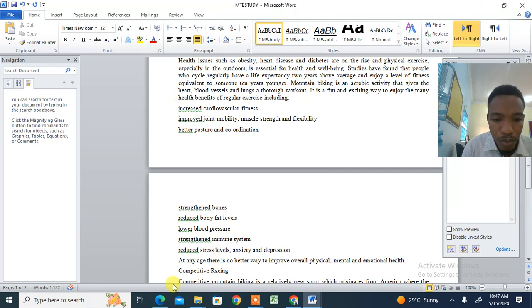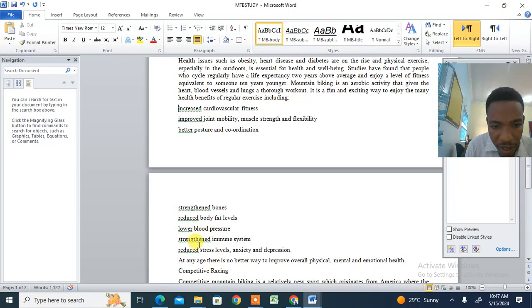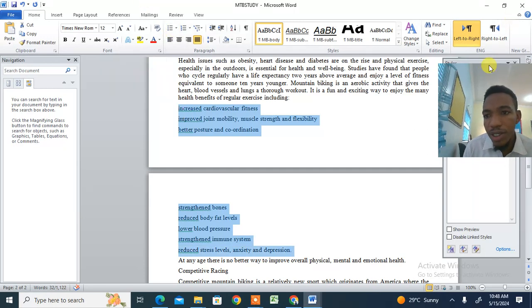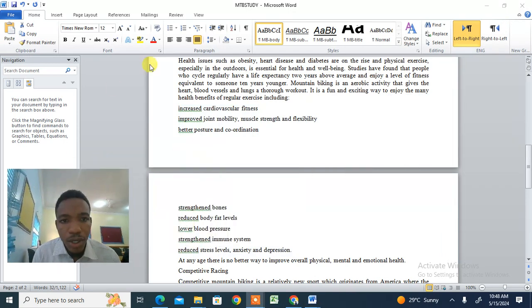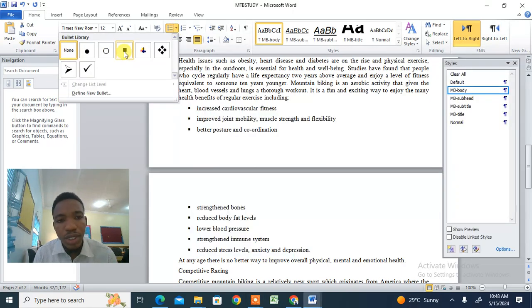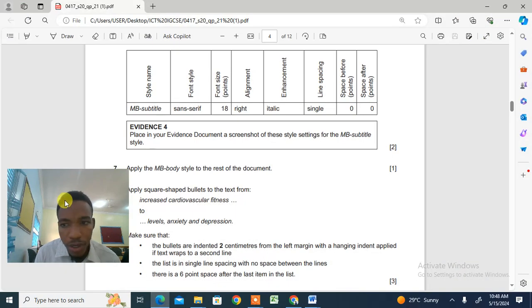Now they asked me to put a bullet to levels of anxiety and depression. So they asked me to stop here, levels of anxiety, and that is here. So let me just select the text I'm supposed to put a bullet to. So you see here is your bullet tool. Let me just shift myself down so that I can. So you have your bullet somewhere here. So select your bullet numbering. So they ask us to use the square shaped one. So I'm using the square shaped bullets. So that's that. Then going back to the question, it says